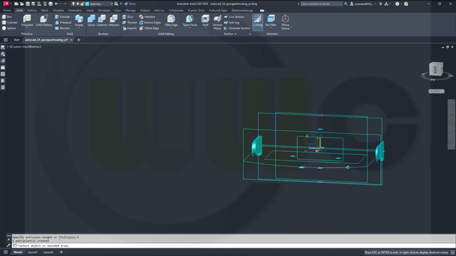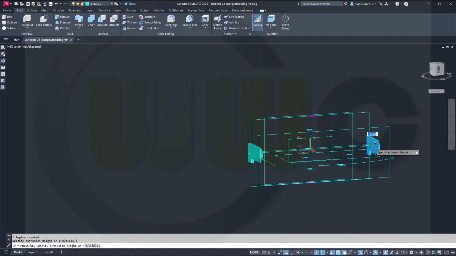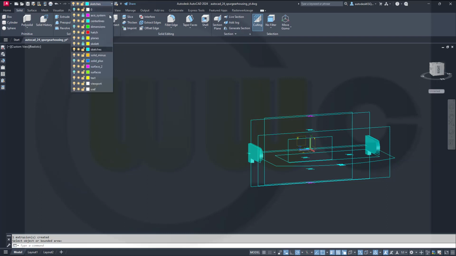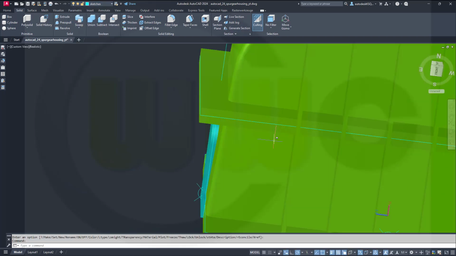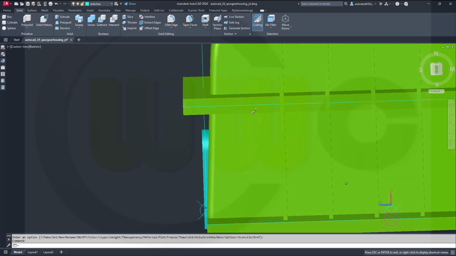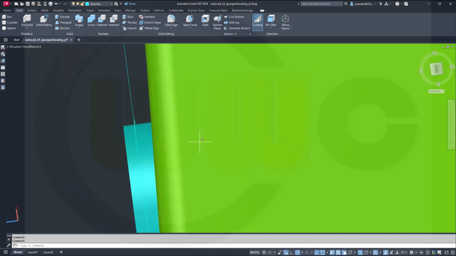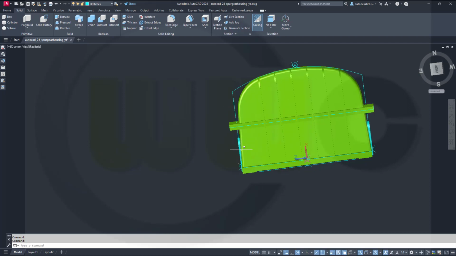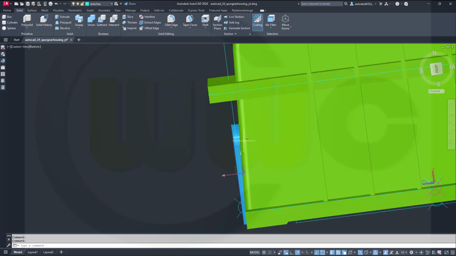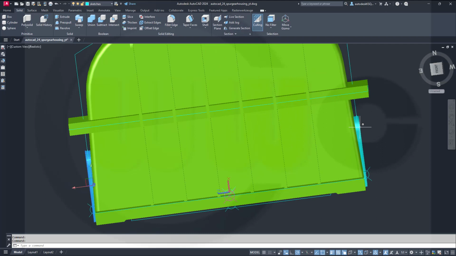Same on the other side, and check if that's enough. So bring back especially those green ones, and this looks okay. Yeah, that looks okay. Now move those 2 solids onto a different layer,